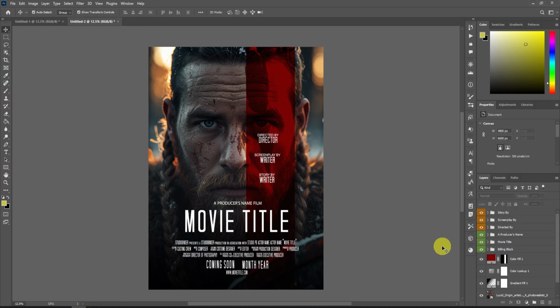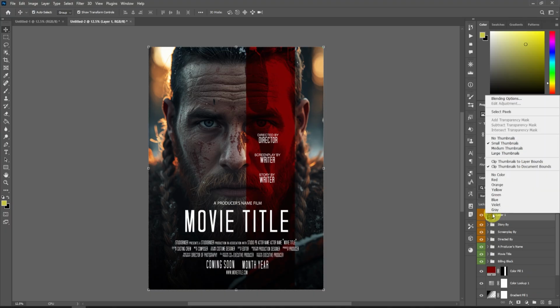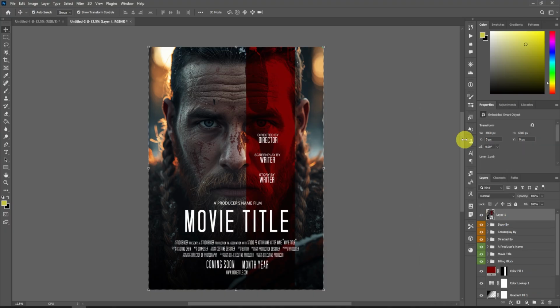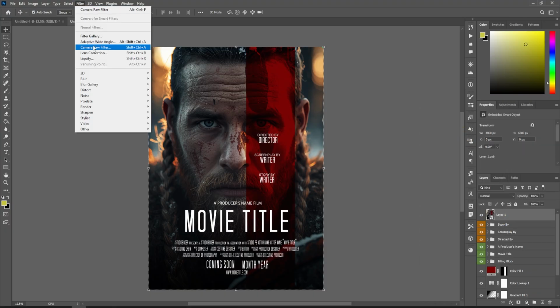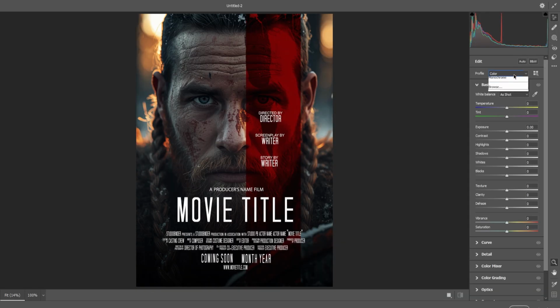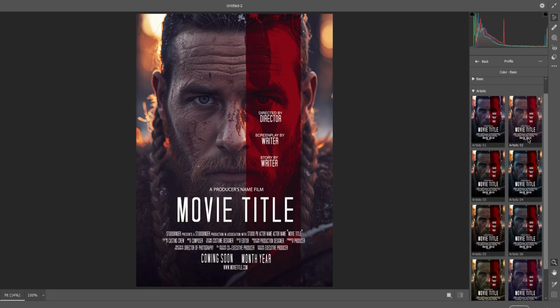Step 5. Add credits and polish. If you're using credits, import licensed assets or typography templates and place them near the bottom. Then merge visible layers, Shift+Control/CMD+Alt+E. Convert the result to a smart object, and apply a final camera raw filter to boost contrast, clarity, and